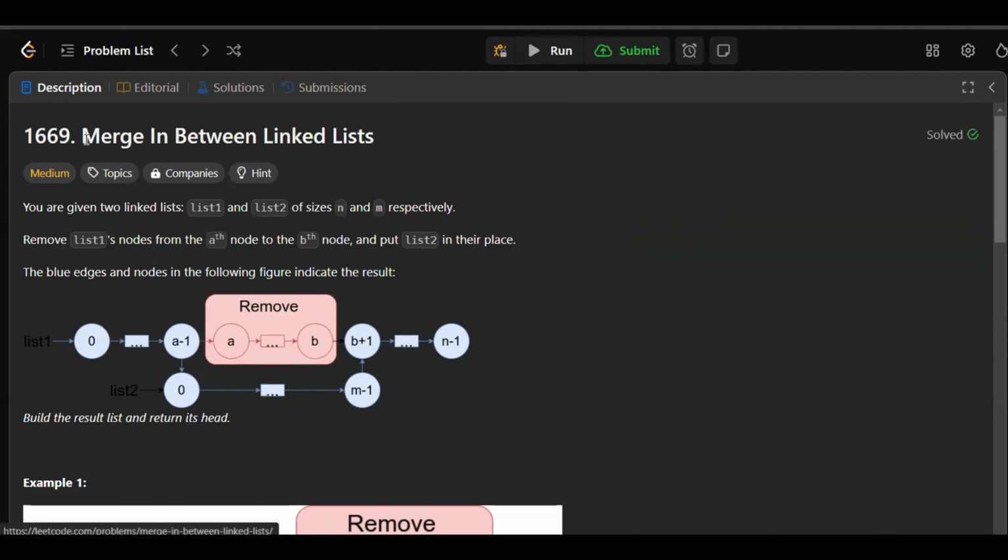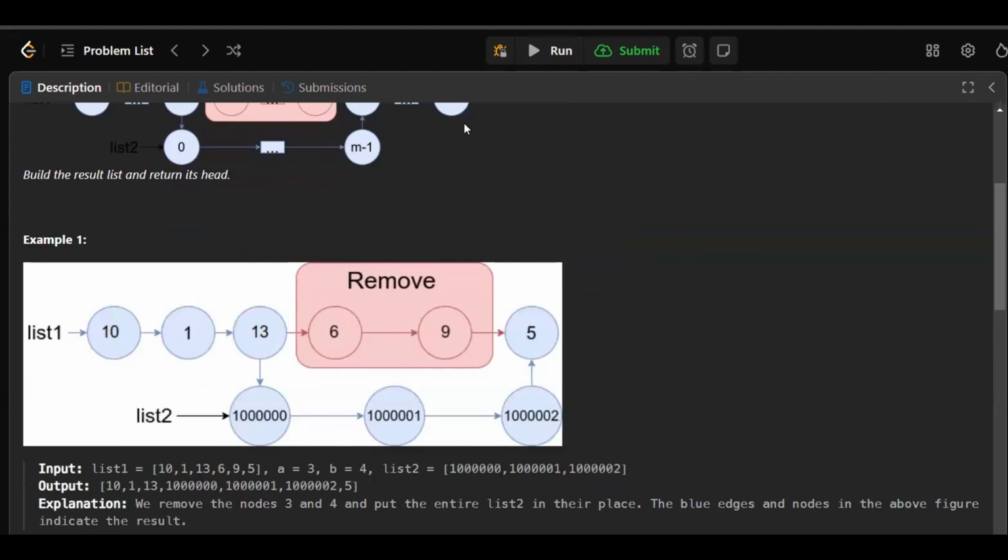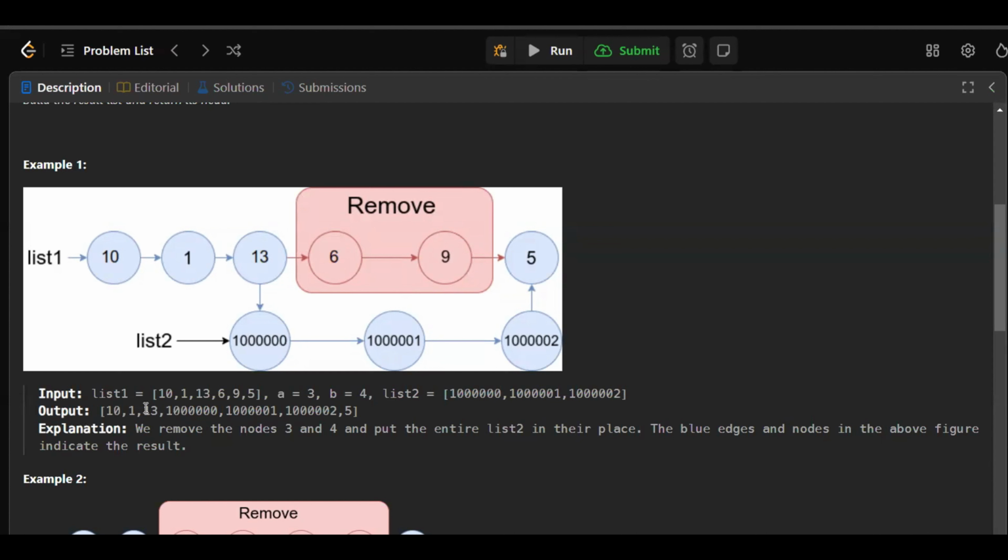LeetCode problem 1669, named Merge In Between Linked Lists. In this problem, we are given two linked lists, list 1 and list 2, and two integers a and b. Now, we have to remove all of the elements from a to b from list 1 and add list